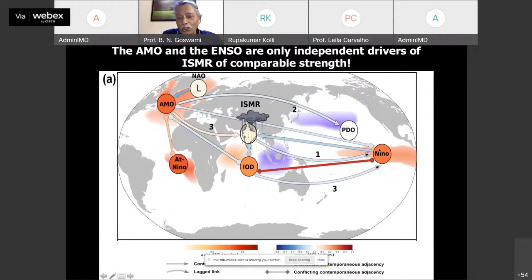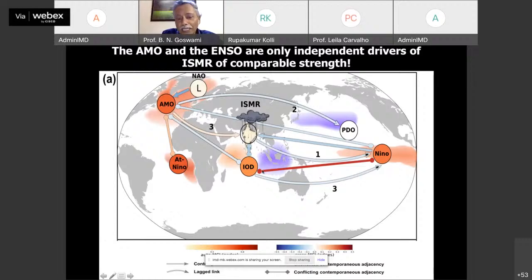On the other hand, ENSO has a direct, simultaneous connection, which we know. ENSO has a negative connection with ISMR. But ISMR can also influence ENSO with a lag of 1 month. Okay, but the most interesting thing that we find